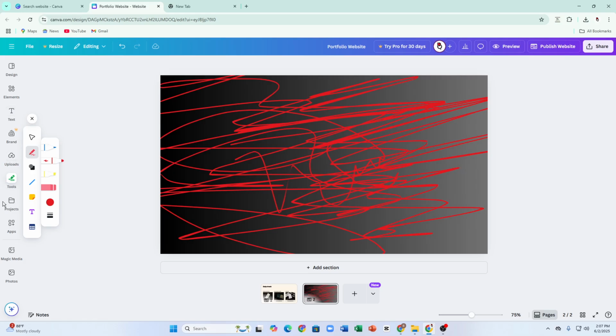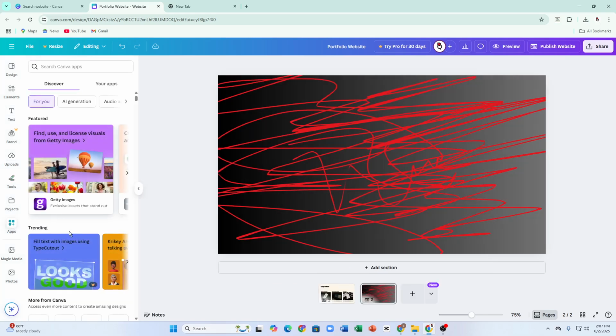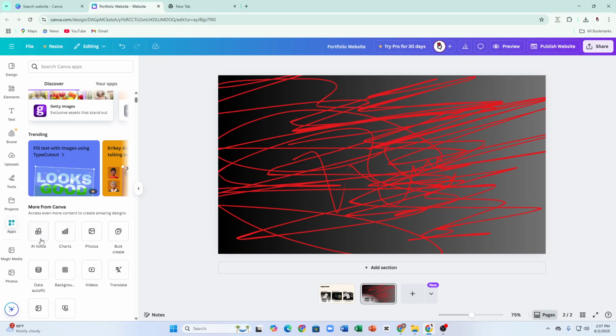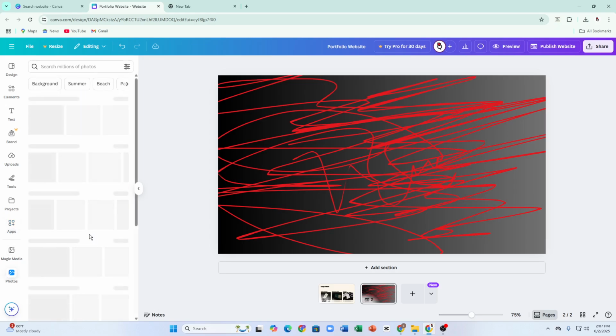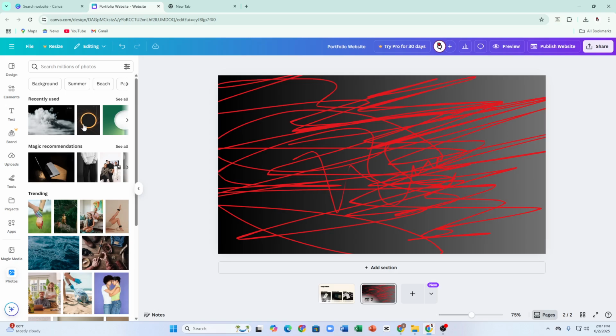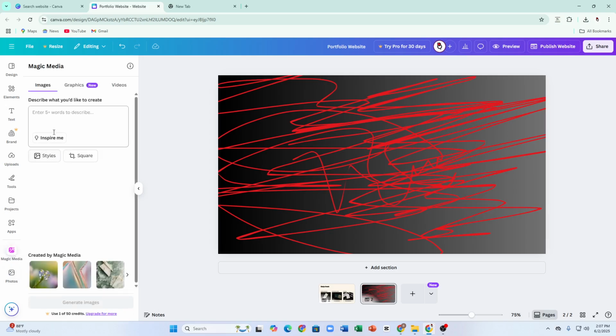Now here you can see these apps options. From here you can use some magic apps. From here you can use AI voice. You can tap onto photos, and then you can add some photos over here, but also you can use this magic media to generate AI. So this is a new feature of Canva, and this is absolutely a good one. You can generate AI images